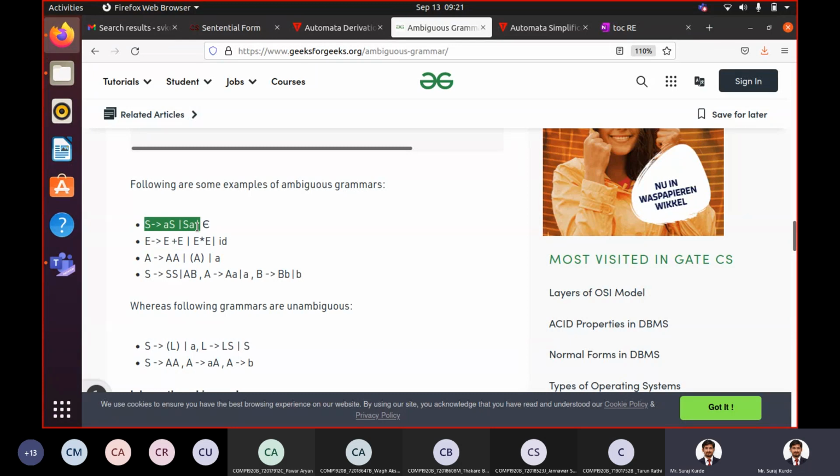Also you can check S produces AS or S produces A. Don't consider epsilon or terminals. Forget about terminals. S produces AS or S produces A. Again, S is on the left hand side of the production as well as on the right hand side of the production rule, and on the right hand side it is rightmost or leftmost. So it is left recursion or right recursion. The non-terminal appears as the leftmost symbol or rightmost symbol on the right hand side of the production rule, plus it appears as a non-terminal on the left hand side of the production rule.